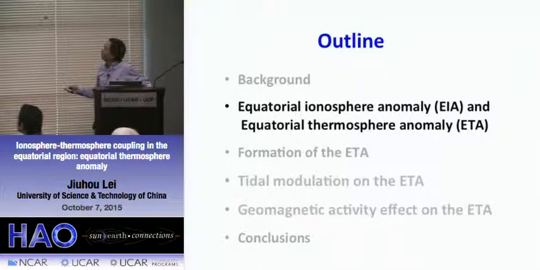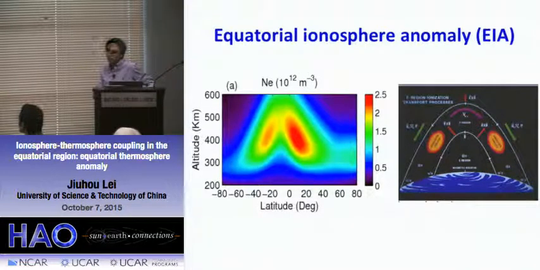Specifically, two phenomena. One is the Equatorial Ionosphere anomaly. This is well known, go back 1914s, and also another phenomenon called the Equatorial thermosphere anomaly. And these two phenomena are very similar and may have some connection. And I just mentioned for the Equatorial thermosphere ionosphere anomaly, and you can see there are two crests and one